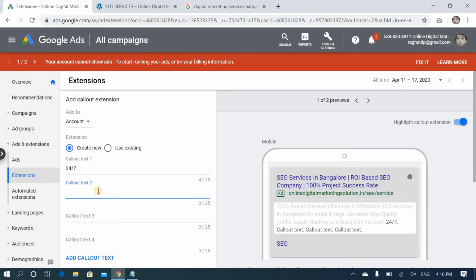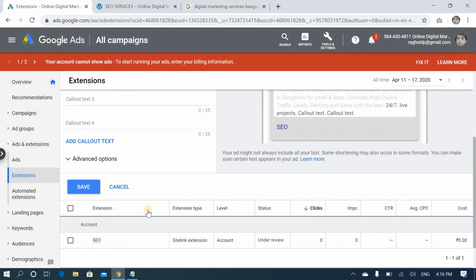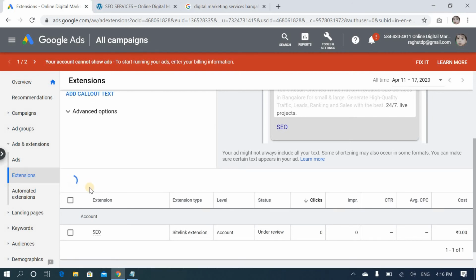Next, live projects. Once I enter it, you can see this. You can expect a small description here, like that. You can add up to 4. Just save. So I have added the callout extension.